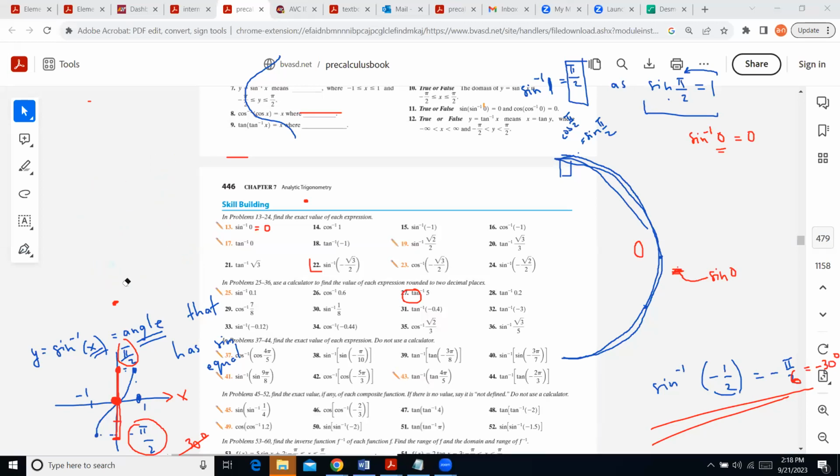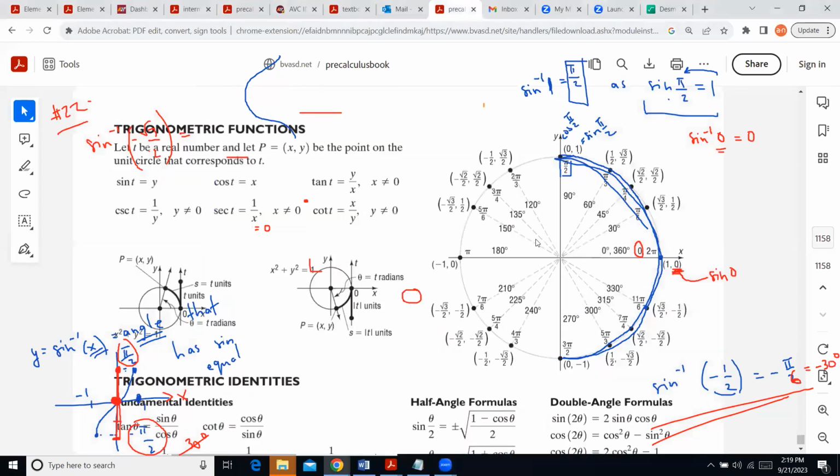So I need to find again an angle that has a sine equal to negative square root 3 over 2. Exercise number 22. Okay, so arc sine of negative square root 3 over 2. So what kind of angle has such a value of sine? Well, I'll just look at my favorite picture and look for the negative square root 3 over 2